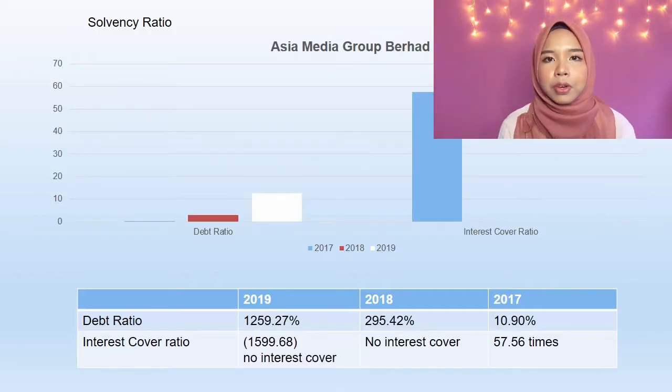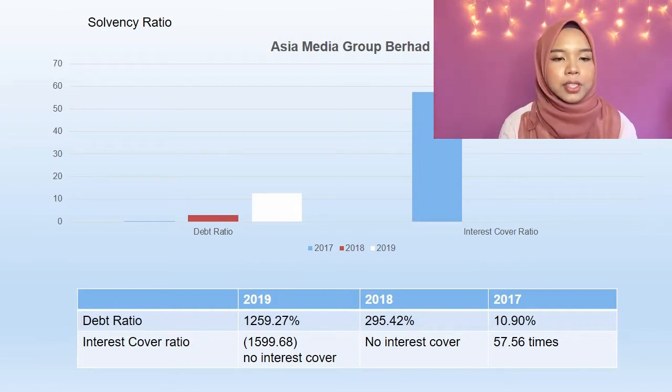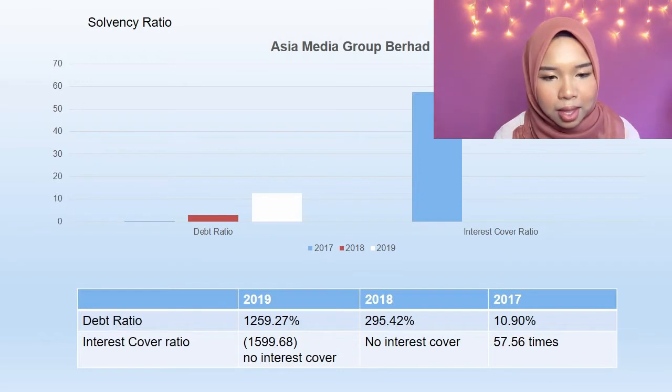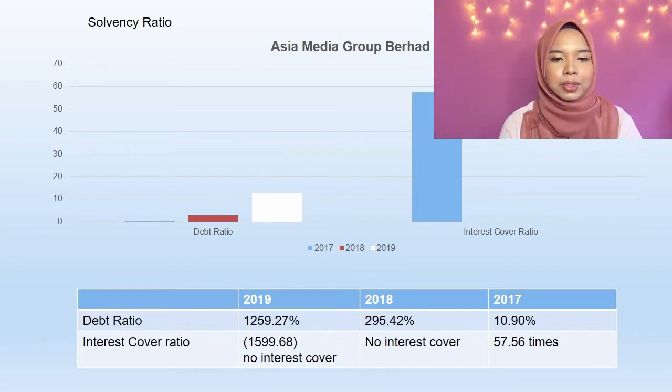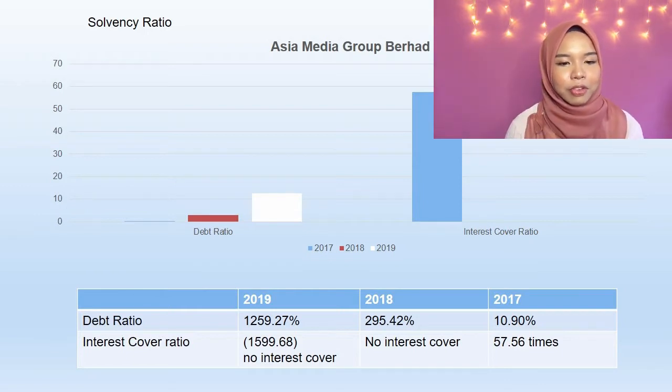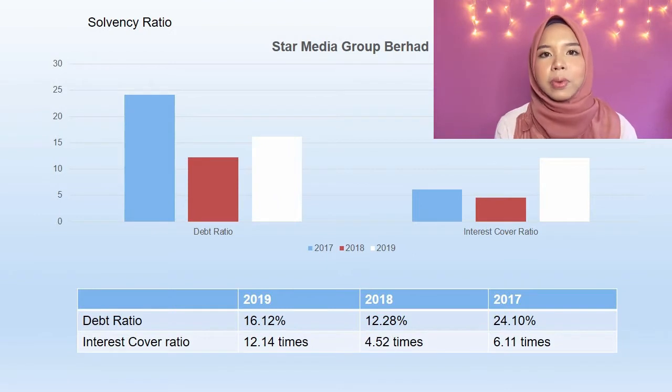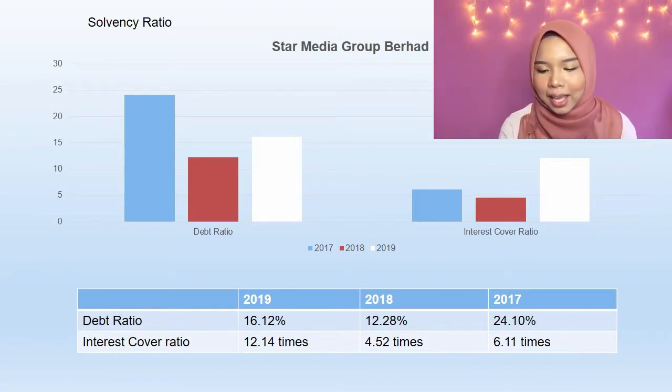We move to the first ratio, which is the debt to equity ratio. Let me show our first solvency ratio for Asia Media Group Berhad. We can see that from the years 2017 to 2019, the debt ratio is increasing, from 10.90% to 1,259.27%. As we can see from the slide, a high debt to equity ratio generally indicates that a